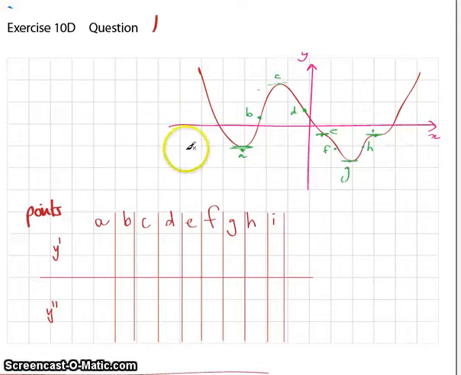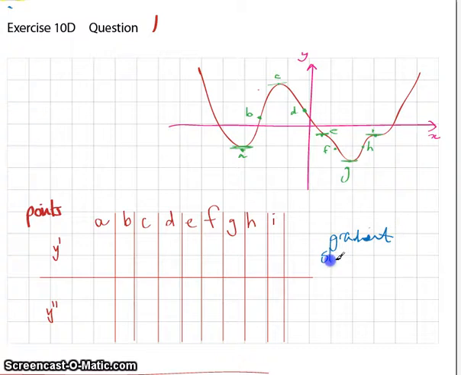For this particular question, we're given a bit of a graph as stimulus, and we're asked to identify whether the first derivative is positive or negative or zero, as is the second derivative, positive, negative or zero. So the key things to remember when answering questions like this is that the first derivative is about the gradient,